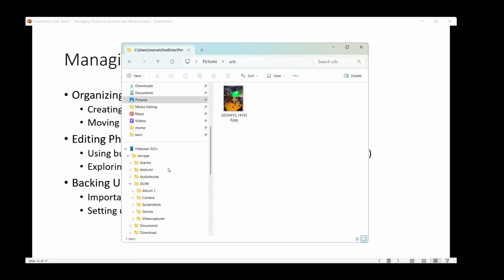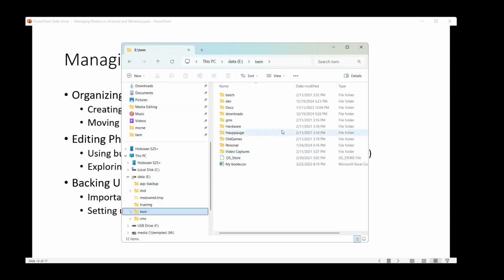So in my case, let's shrink this down. Here's an example of organization that I use,